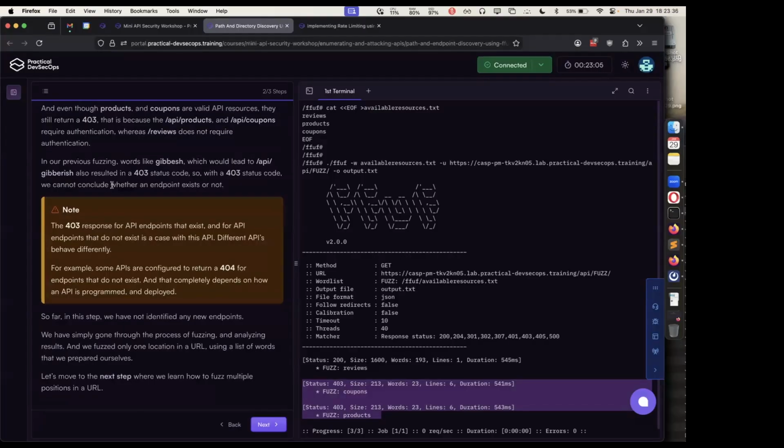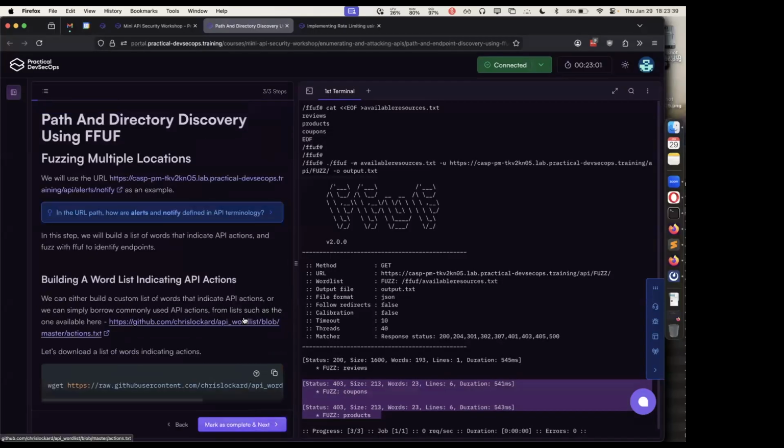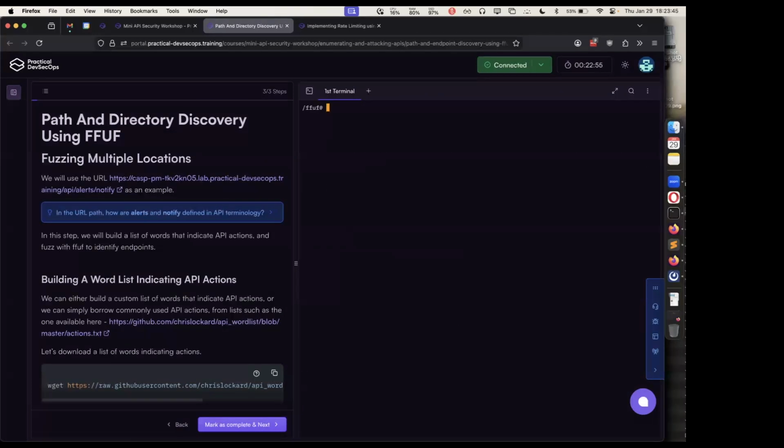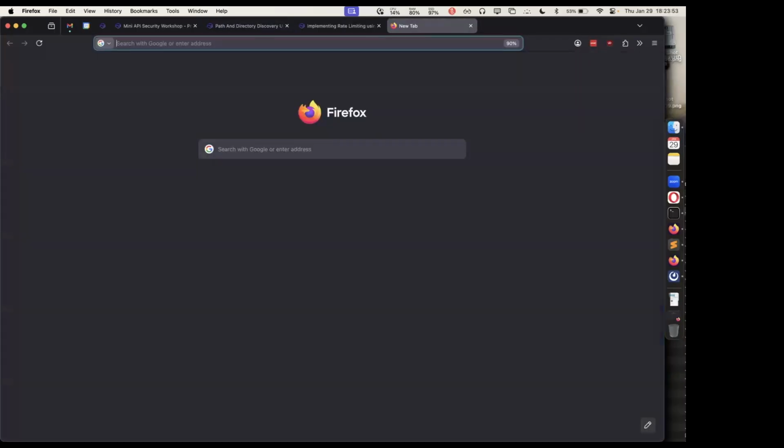Of course, there are conventions, but different applications, different developers, and different architects choose error messages in different ways. Okay, so with this information, I want to go and download another list of words from GitHub,